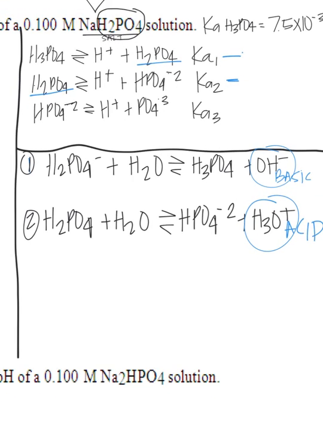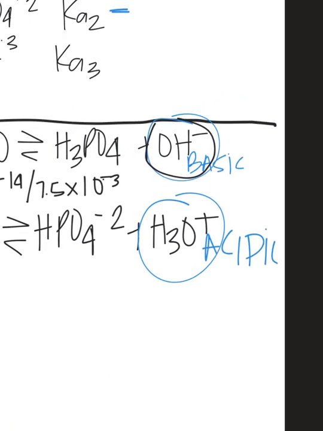All right, so remember I flipped this one, so this was that Ka1, but this tells me that I have to have Kb because I have a basic solution in the end. So Kb is Kw divided by Ka. So when I do that, I've got 1 times 10 to the negative 14th divided by 7.5 times 10 to the negative 3. That was my Ka1. And when I do that, I get 1.33 times 10 to the negative 12 for that equation. So that's my Kb